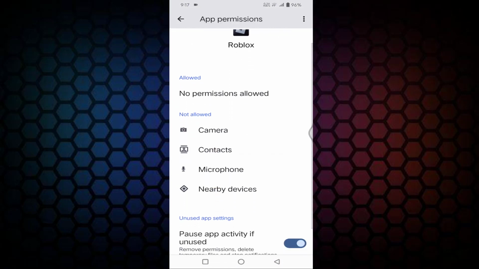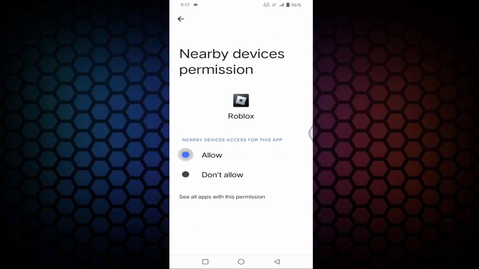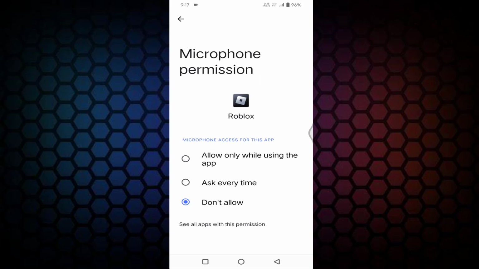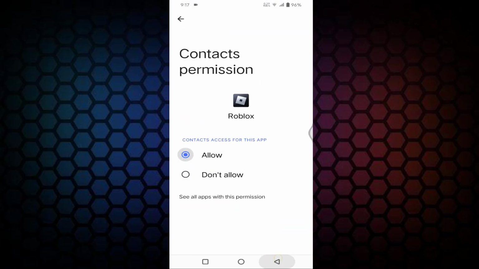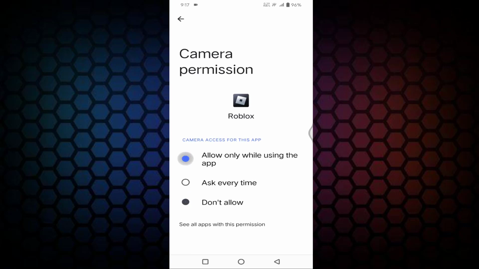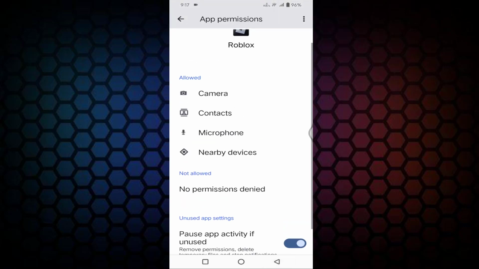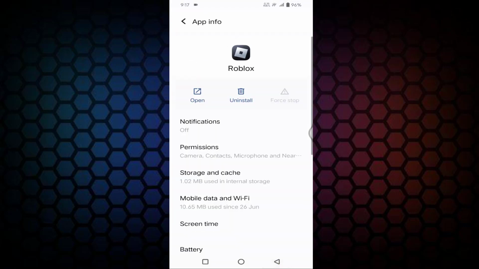Here you have to allow all the permissions. Select, tap on allow, select the microphone, tap on allow. Like this you need to allow all the permissions one by one. After allowing these permissions, then go back,